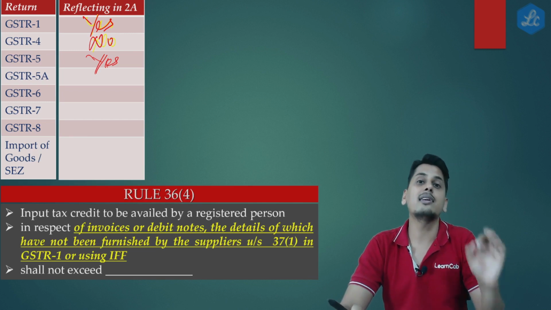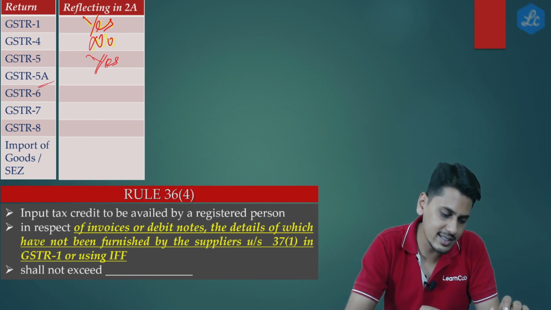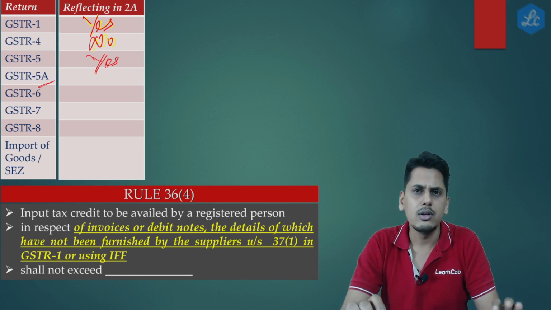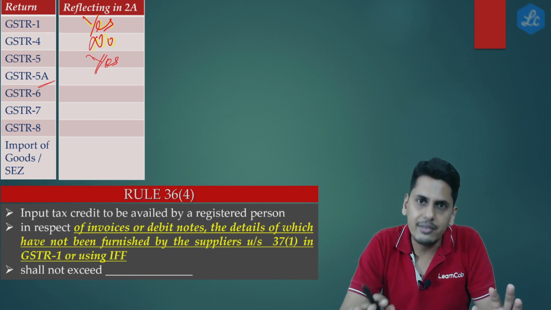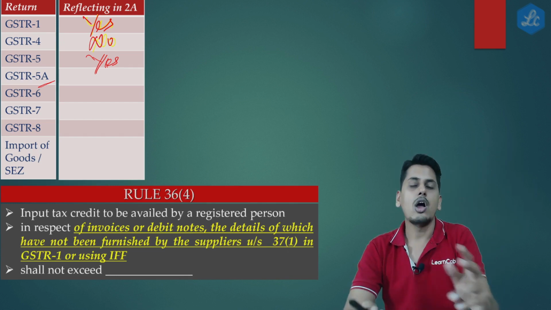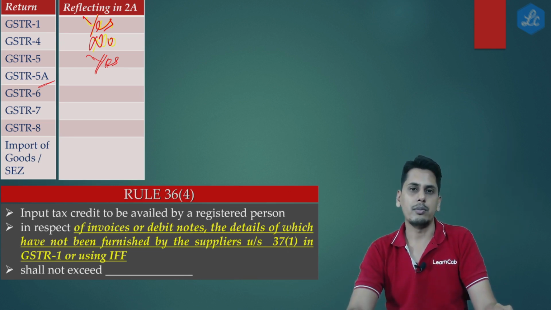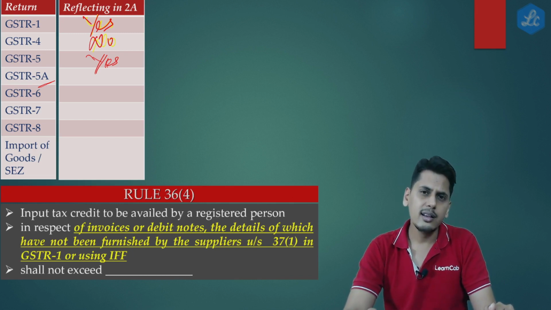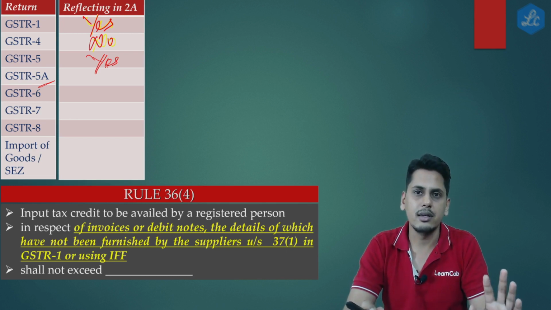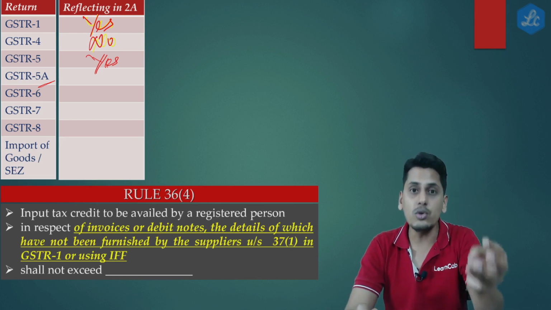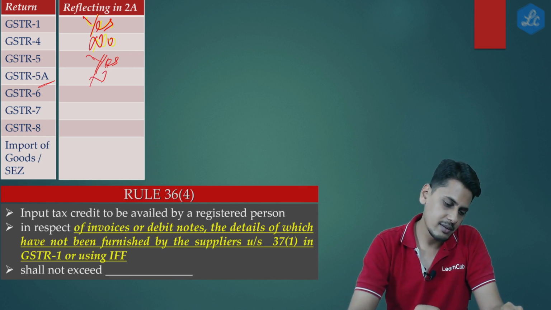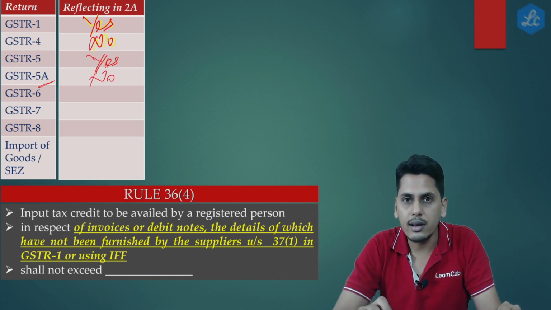So whatever turnover is declared in GSTR 5A will always be B2C supply. So invoice level details are not given. When invoice level details are not given, at the other end it is automatically not going to auto-populate. And it is not required also, because at the other end that person is an unregistered person. He cannot even take credit. What is the use in getting the data auto-populated? So friends, GSTR 5A, will it get reflected in 2A? The answer is no.